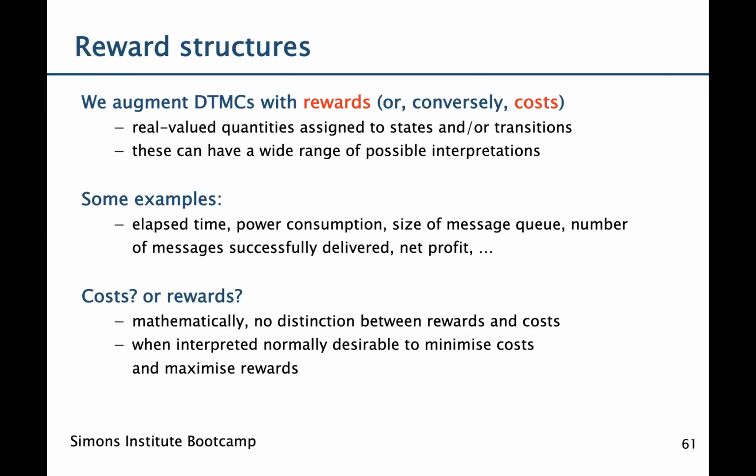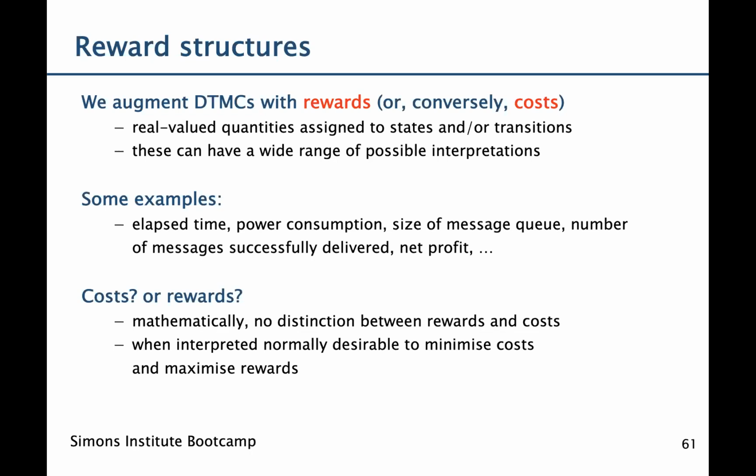And these can have a wide range of different interpretations. So just to give you some examples, we can use them to represent the elapsed time, power consumption. So this can either correspond to the power that we consume in a state, or the power that is consumed when we make a transition. We can use it to find out the size of our message queue. We can count the number of messages that we've successfully sent. We can measure the profit, and there's many other